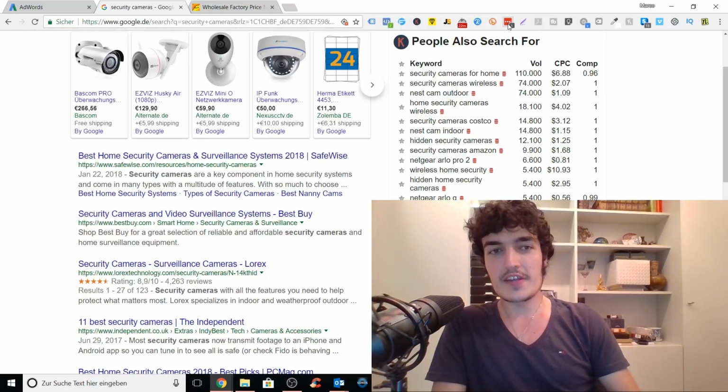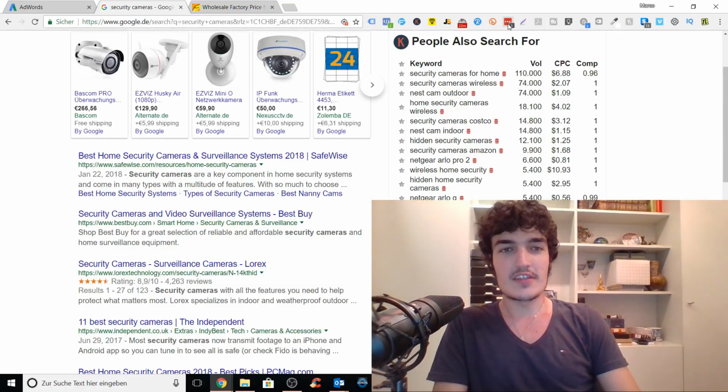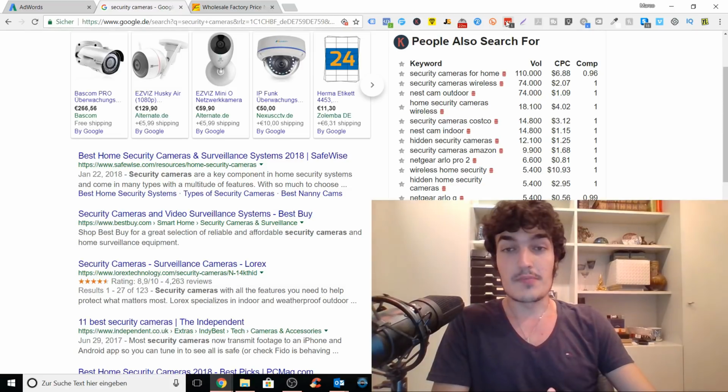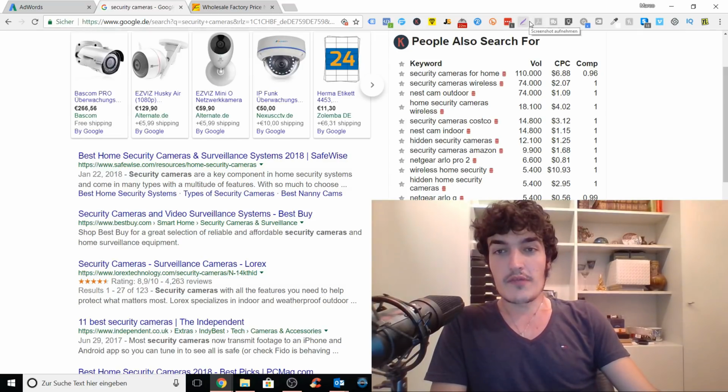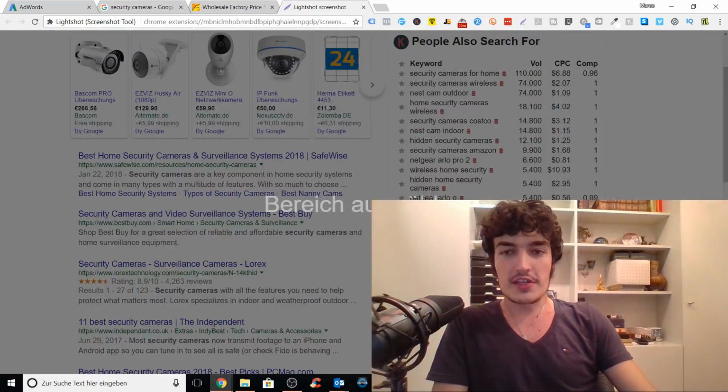I still have sites where I use my own, where I don't use it. For example, online banking and these things I don't use this for, but for sites that aren't too important to me, I use the LastPass password manager because I cannot really keep track in all of them, and I don't want to use the same password for every single site. Here we have Lightshot, my screenshot tool,